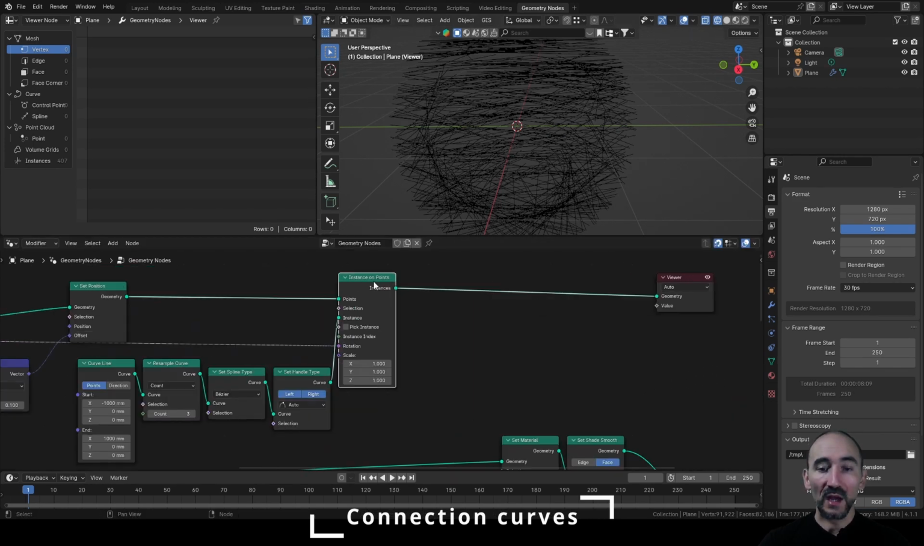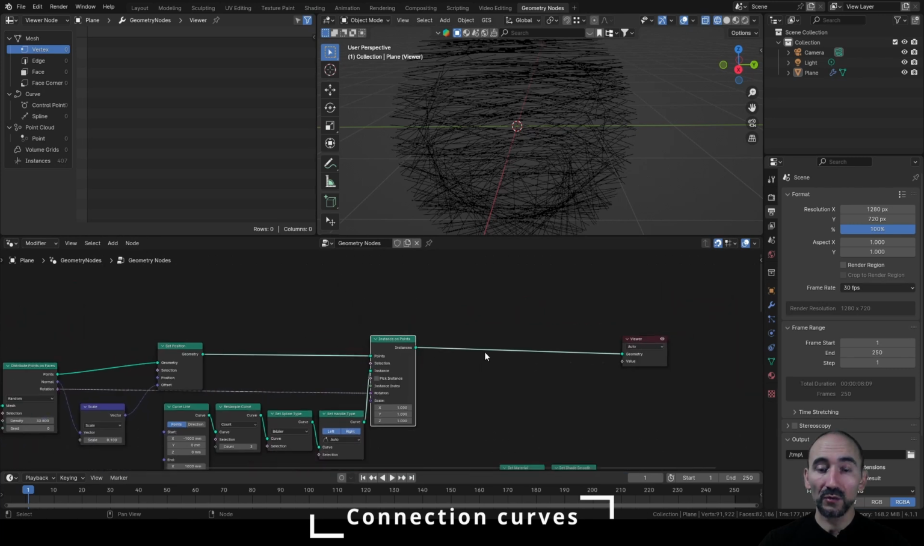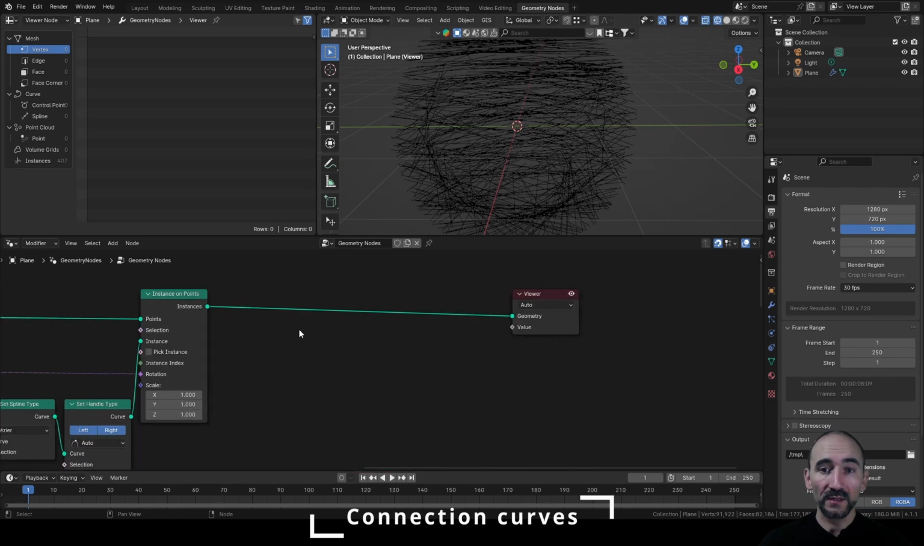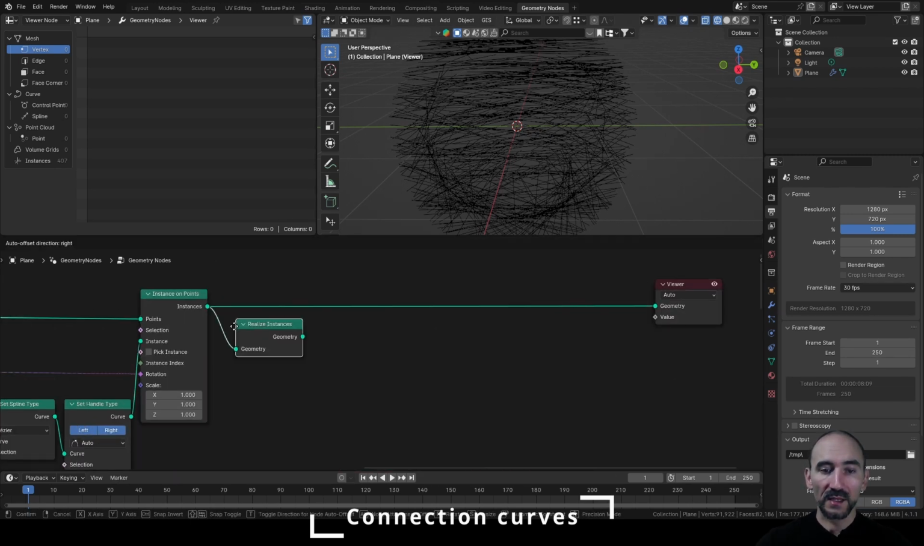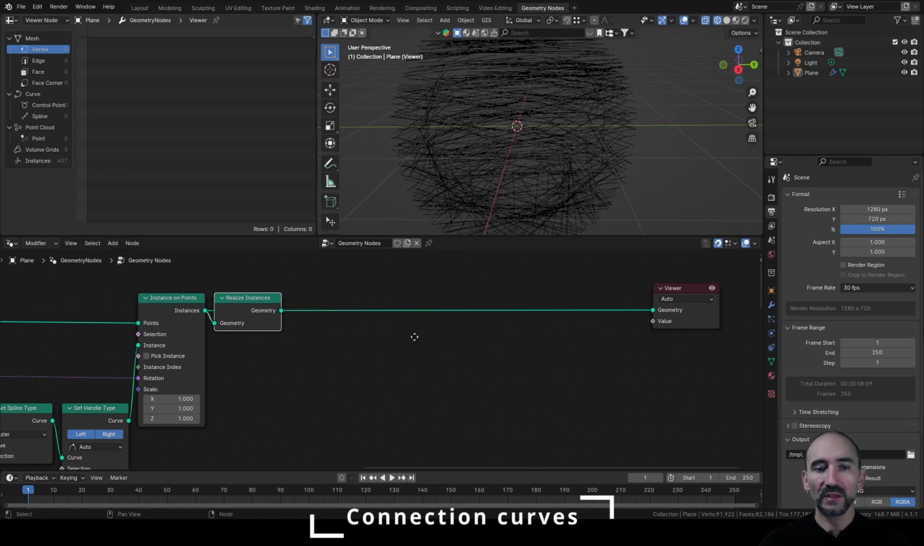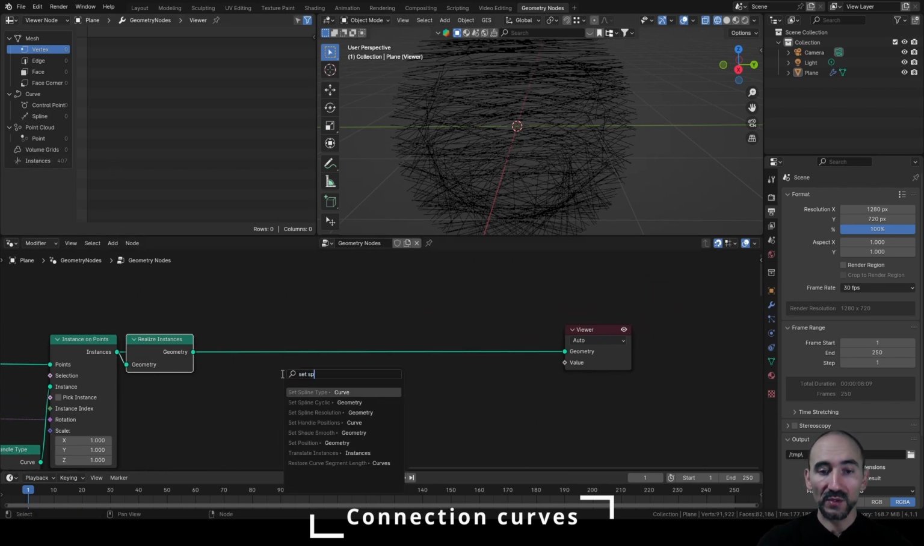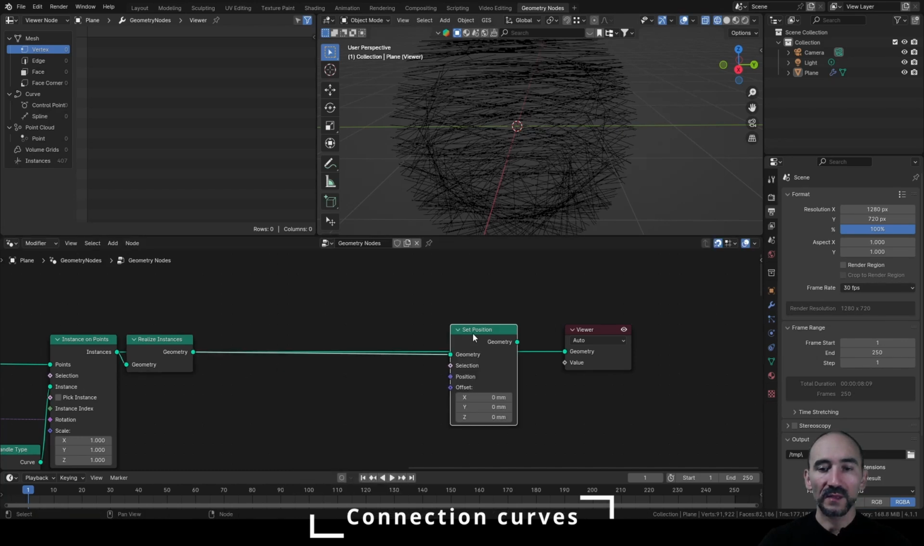It's obvious. And now we can use the geometry proximity node to move the start and the end point of each curve on the surface itself. But before doing it, we need to realize these instances in curves, because we have instances on the output of this node. Next, we can use the set position node, and instead of using for this selection the index node equal to 0 or equal to the maximum point or equal to 2 to get the correct start and end